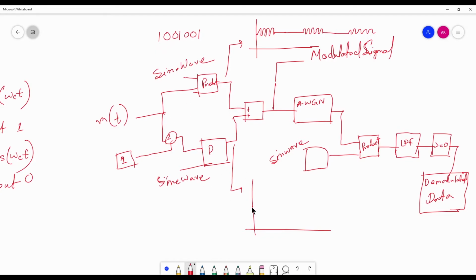So in the first case we are getting 0, but from here we will get the phase shifted 1 for 2 cycles, and then again we'll get 0, again we are getting 1,